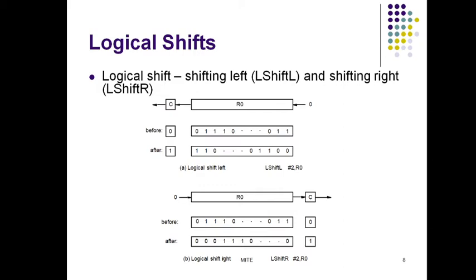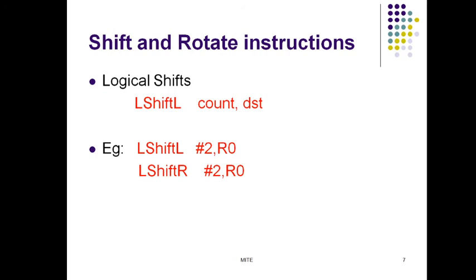To complete the description of the left shift operation, we need to specify the bit values brought into the vacated positions at the right end of the destination operand, and to determine what happens to the bits shifted out of the left end. So the vacated positions are filled with zeros.